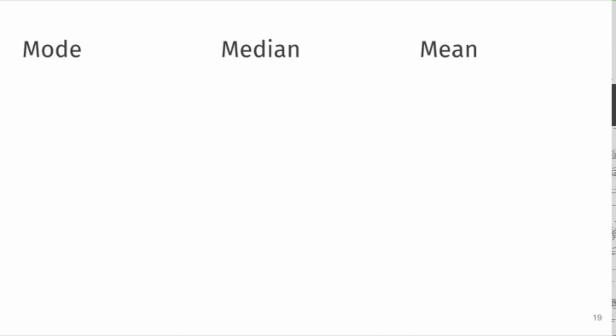Of course, the best thing to do, and what is often done, is just to report all of them for any particular set of data to let a reader decide for themselves what they think is best in any one case. But to begin,